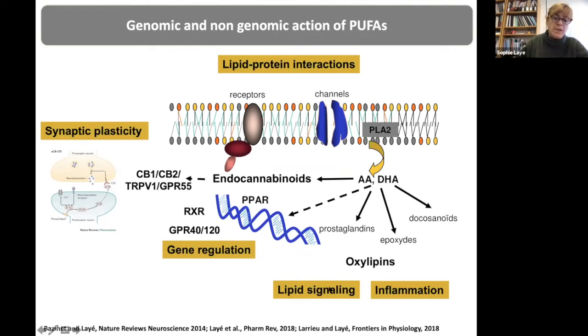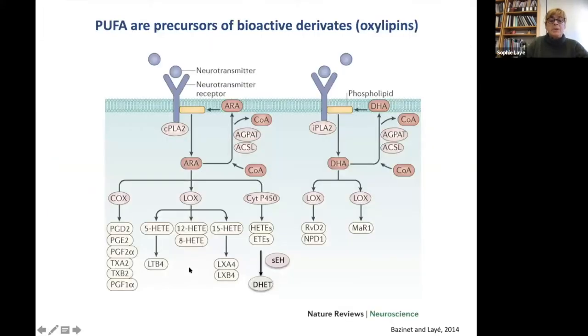Some are called oxylipins, and they influence lipid signaling and control inflammation. But they are also precursors of other molecules such as endocannabinoids, which are highly potent regulators of synaptic plasticity, and they can act directly on several receptors to regulate gene expression. We became particularly interested in oxylipins, those derivatives of PUFA, of omega, that control inflammation. And to make a very complicated story quite